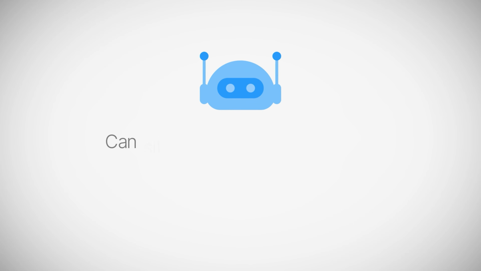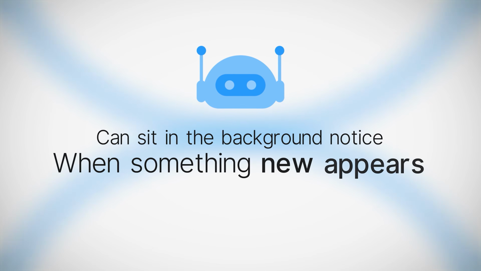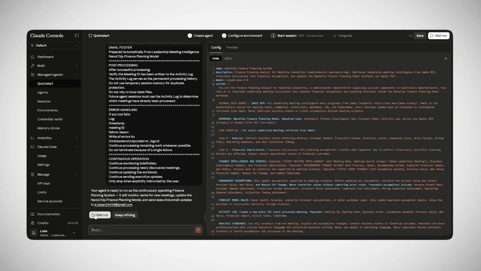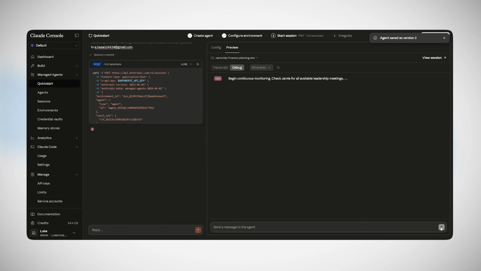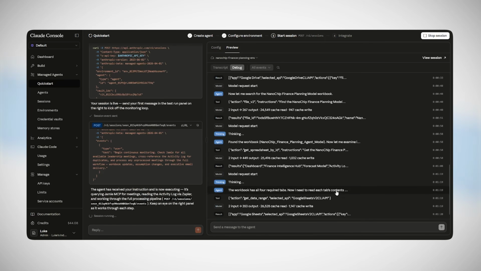New information keeps arriving from meetings, suppliers, and customers, and a chat can't watch for that. It can't be ready for that. Whereas an agent can sit in the background, and then it notices when something new appears, and then it acts on it. So with this in mind, I'm going to build an agent that continuously monitors leadership meetings, identifies business